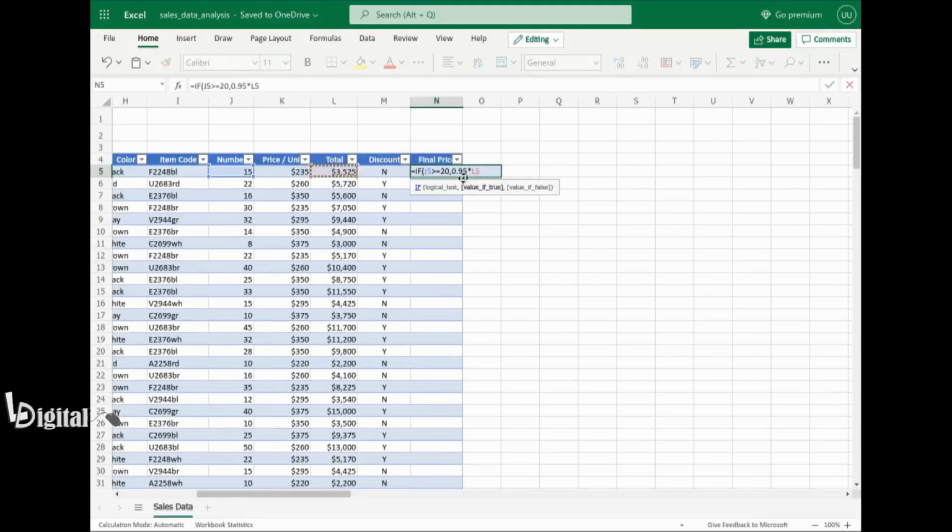So our response, if true, would be 0.95 times L5, but if it's false we don't want to apply the discount, so we'll write comma, and then for false we would just have cell L5 because we don't want to have a discount applied to it, and then we'll close the parentheses and press enter, and it should auto-populate the remaining cells of the column,